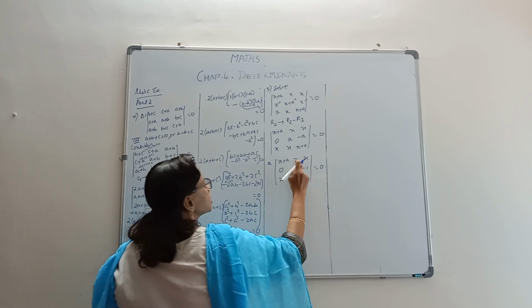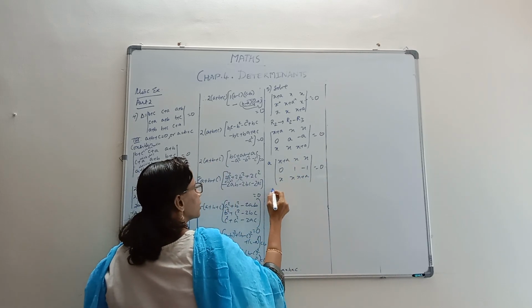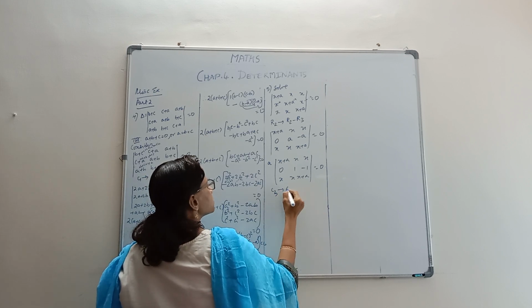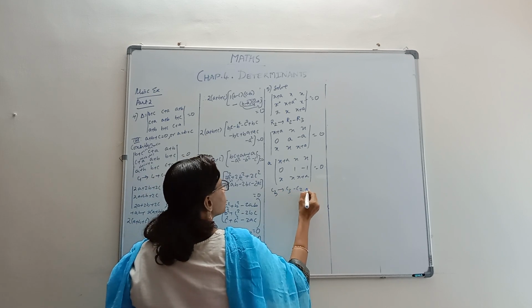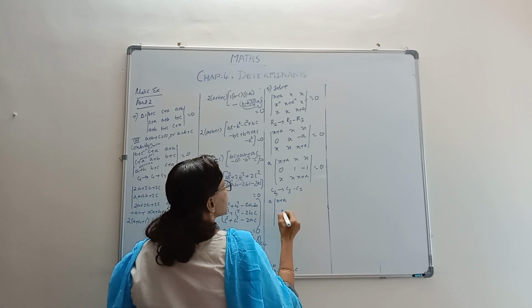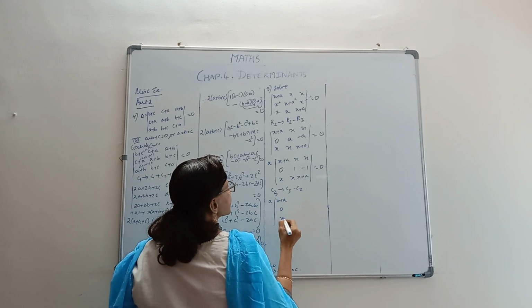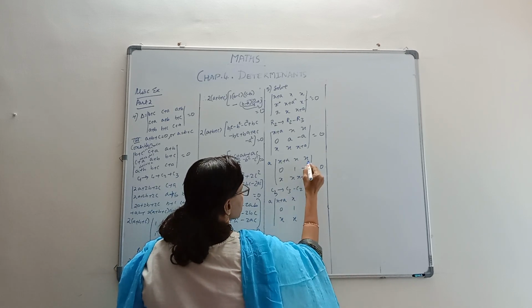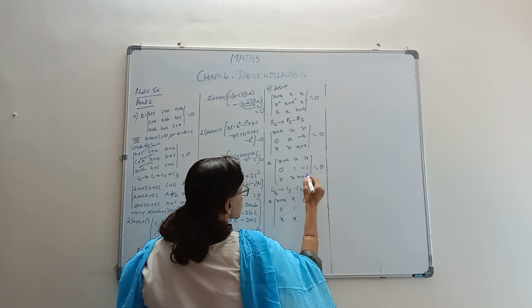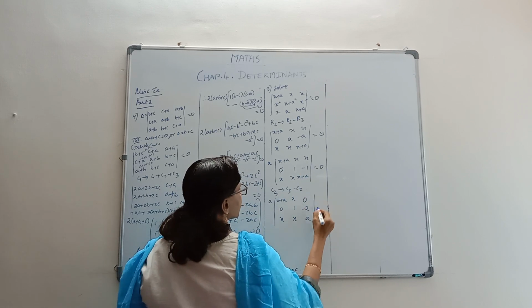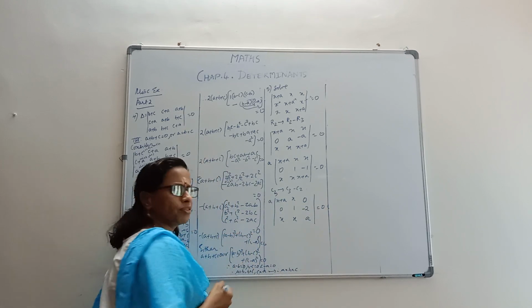Now because there are x's here, you can do that again. You can operate it like that. C3 becomes C3 minus C2 if you want. So it's like a times x plus a, 0, x, x, 1, x will be as it is. We are subtracting x minus x 0, minus 1 minus 1 minus 2, x plus a minus x a equal to 0. I think we can go in for expansion.